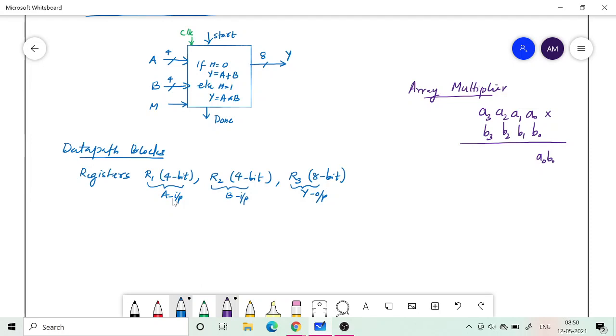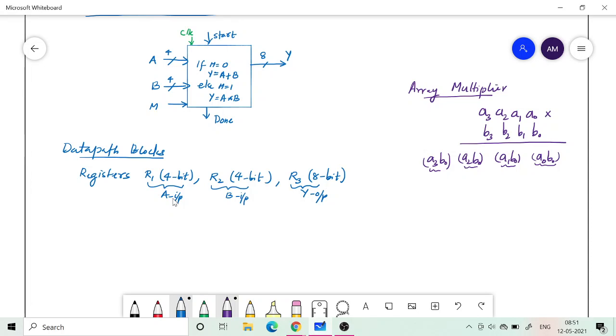You take one bit, so that will be the first multiplication, and then A1, B0, then A2, B0, and then A3, B0. Now how do you multiply? You can use an AND gate. Only when both are 1 will you get 1. If any of them is 0, the output is 0. So a 2-input AND gate can be used to generate these product terms. Binary multiplication of a single bit can be performed with an AND gate.